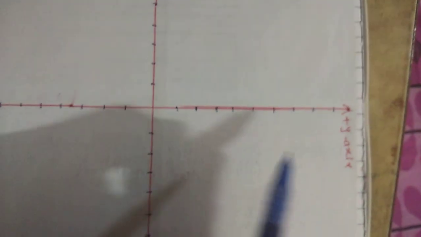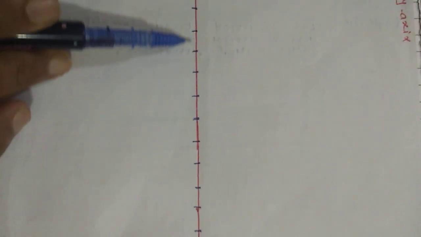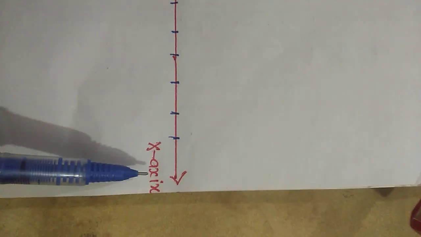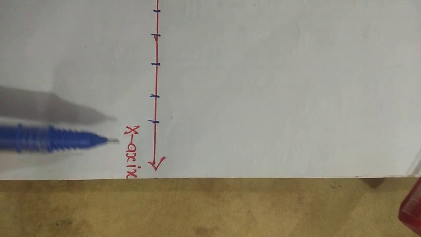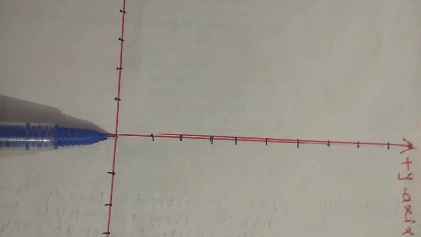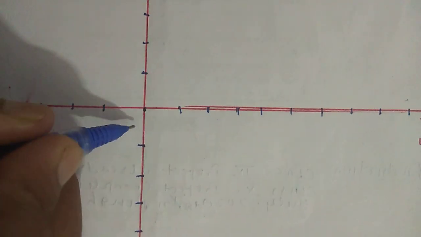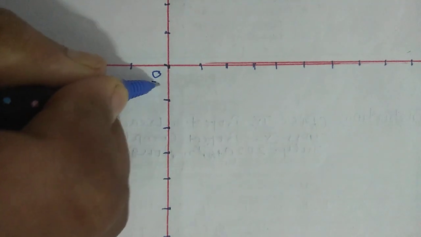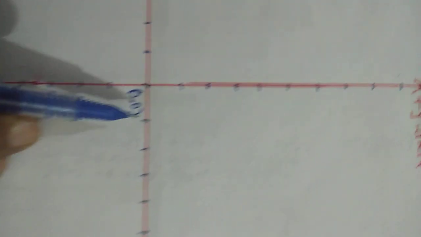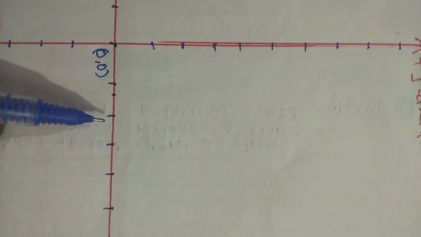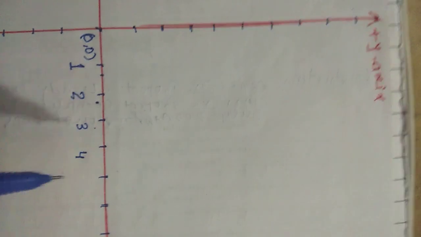First of all, look here. This horizontal line is your x-axis, with the right-hand side being the positive axis. When the perpendicular line and the horizontal line intersect each other, this is your origin, 0 0. From 0 0, when we reach here, this is +1, +2, +3, like this. We will mark these values 1, 2, 3, 4 and so on.